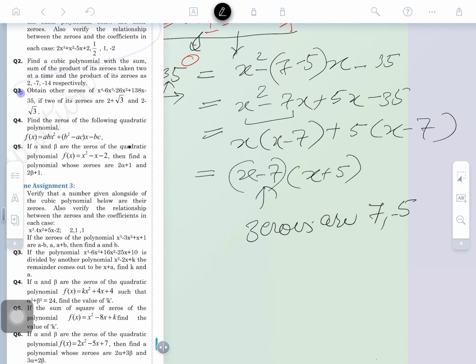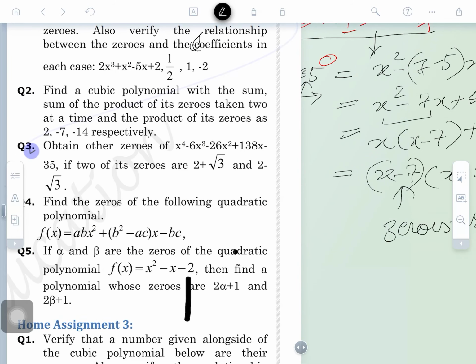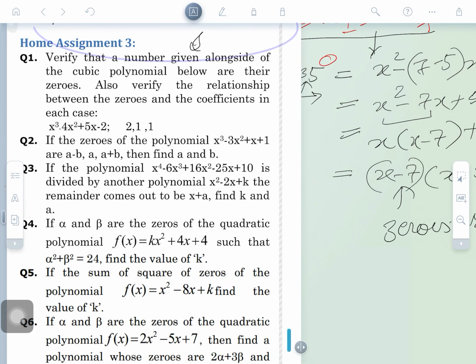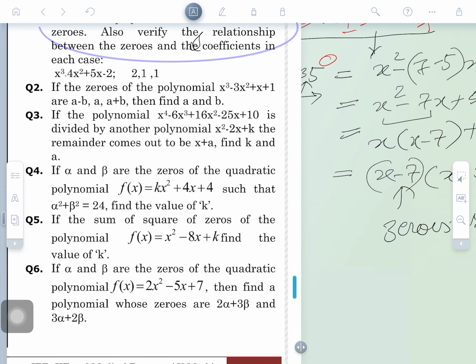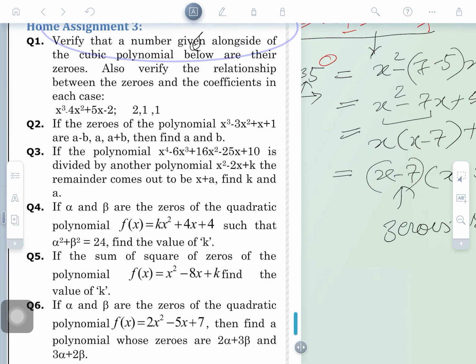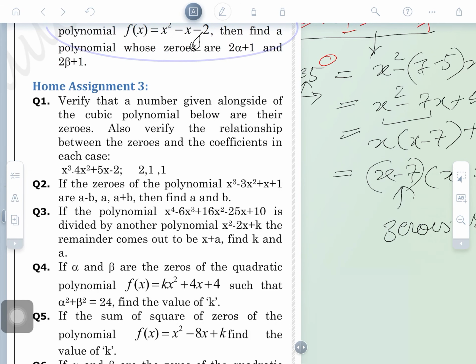This is the method that we have learned in the 9th class. Okay, so well understood? Your assignment of the day that I am giving you is to solve on the same basis. You may see here, Home Assignment 3. Only 4 questions are to be done by you. Is that clear? We will follow up and check the video. Home Assignment 3 is your homework, and everybody will do these questions. It's only 4 questions: 1, 2, 3, and 4.